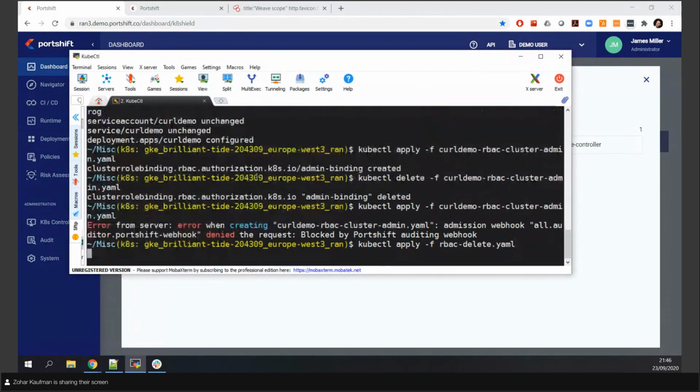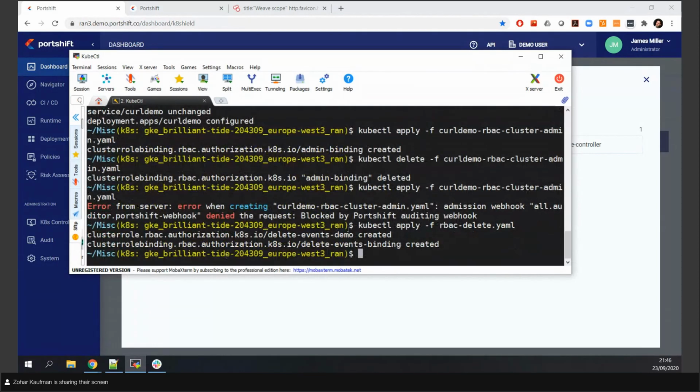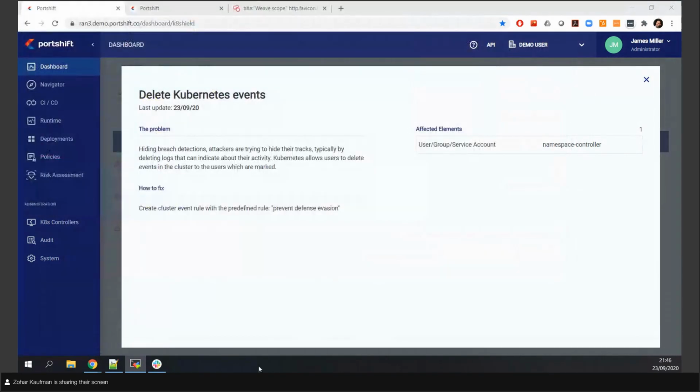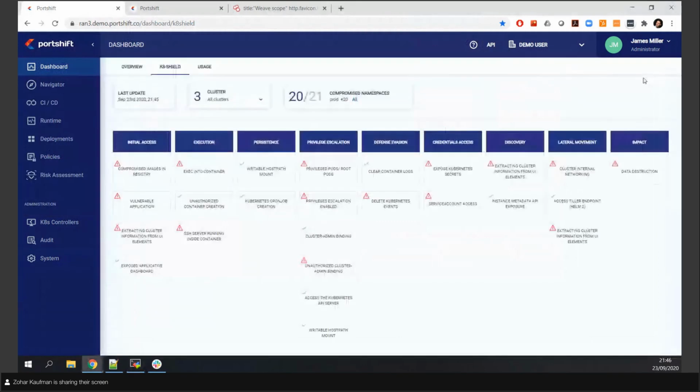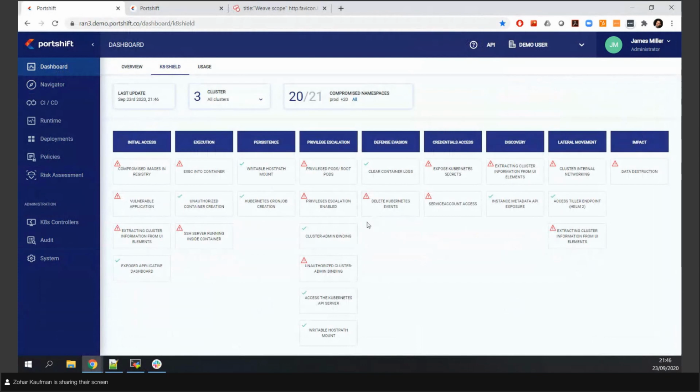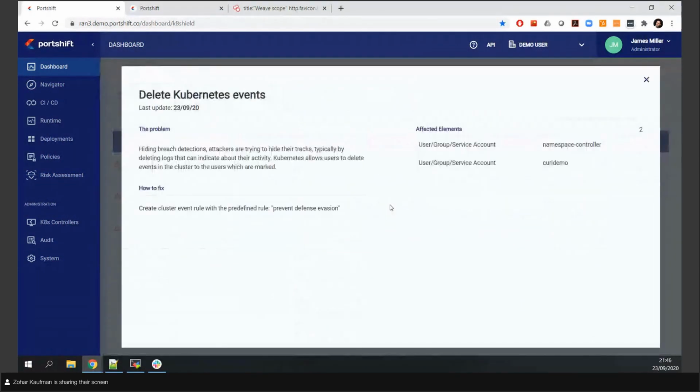This YAML file will create a new permission for us to do exactly what is forbidden, which is to delete older logs of Kubernetes. Let's see if it was successfully created. You can see that curl demo, again, I'm using the same curl demo every time, is now created and has the ability to do